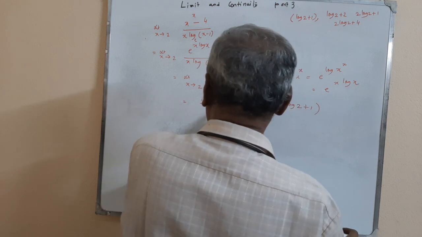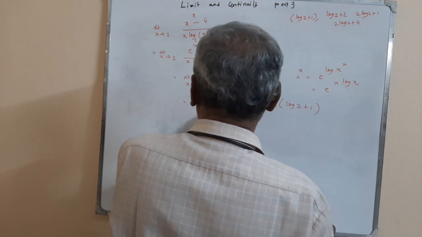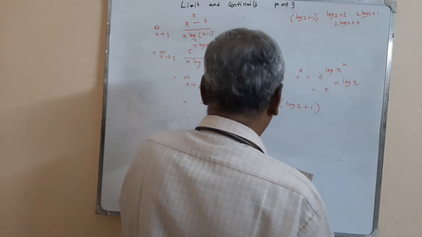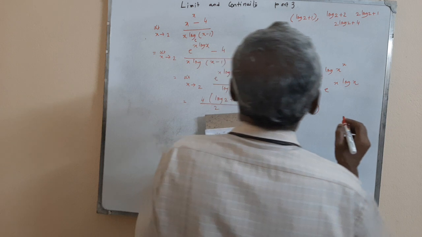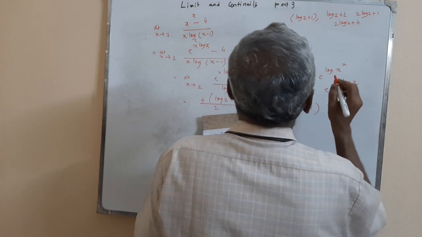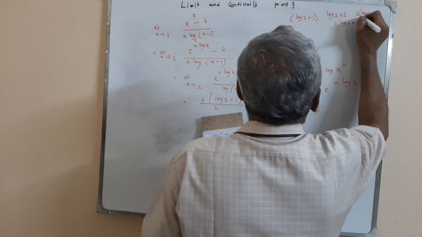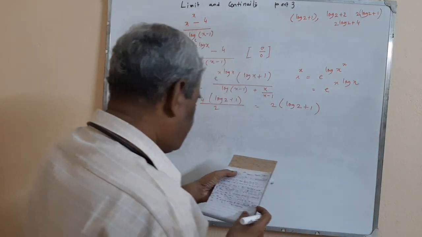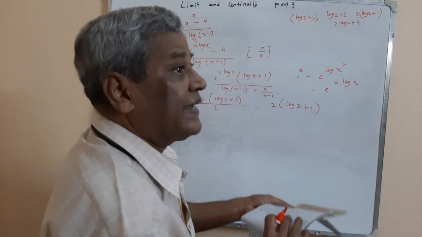Oh, 2 into this 2, okay, 2 into log 2 plus 1. I think this option is correct. Next,